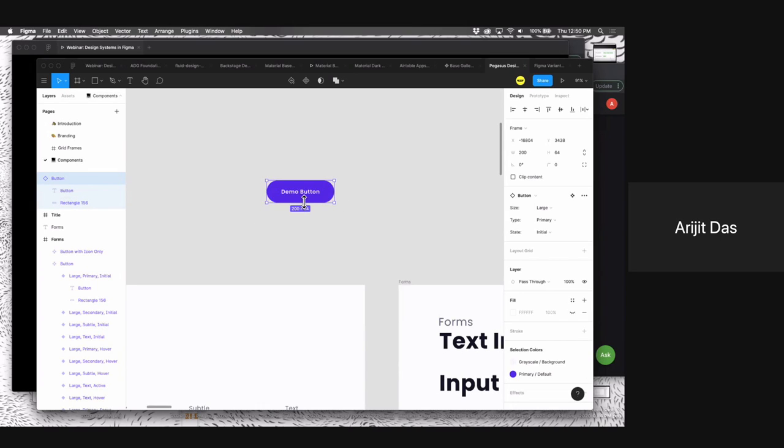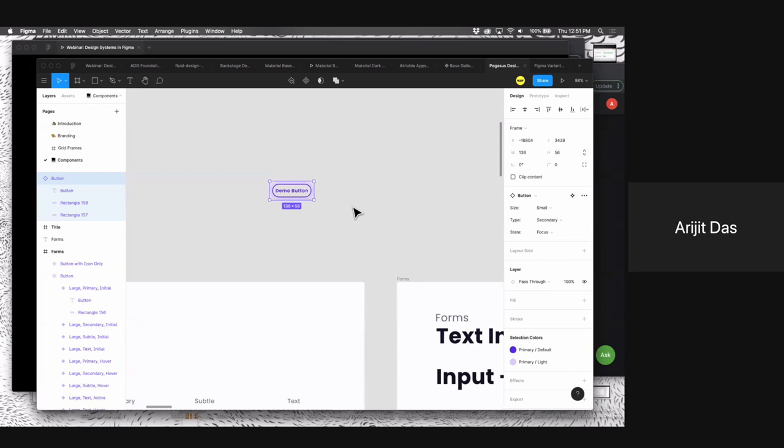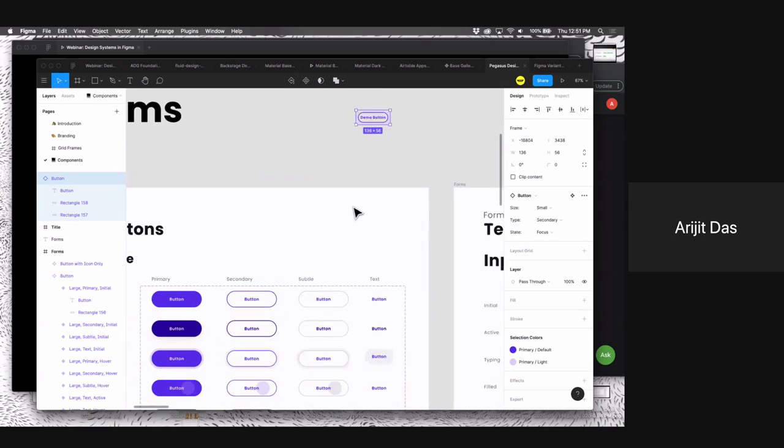If you want to change the state of the button itself, you can select it, and over here now you see the properties and the values. You can change any of these. So let's say I want to go from a large to a medium or a small button. I'm going to change from the primary to the secondary. I'm going to change to the focus state. It's all just variants of the button. You don't have to go swapping stuff out anymore. So a really powerful way now to set up all your states, and kind of by default